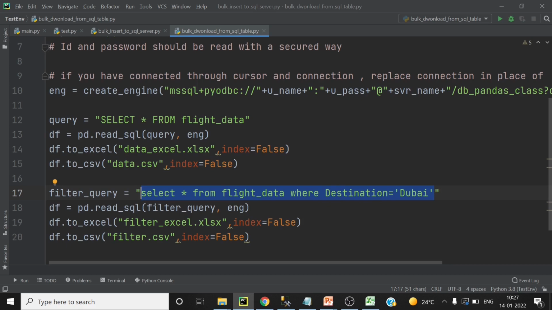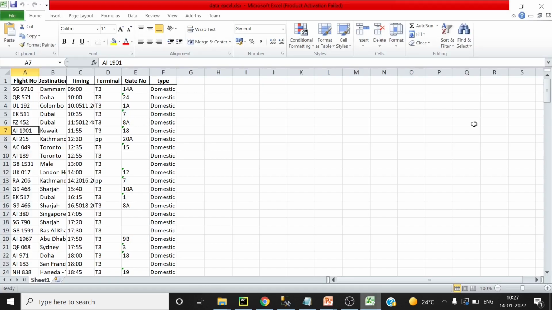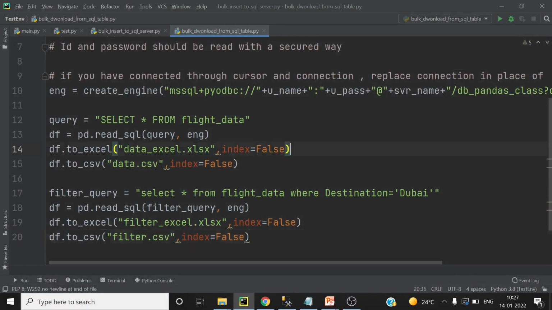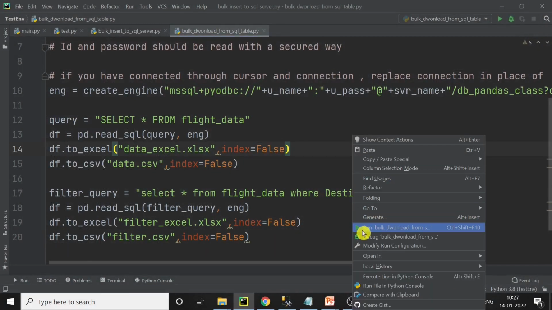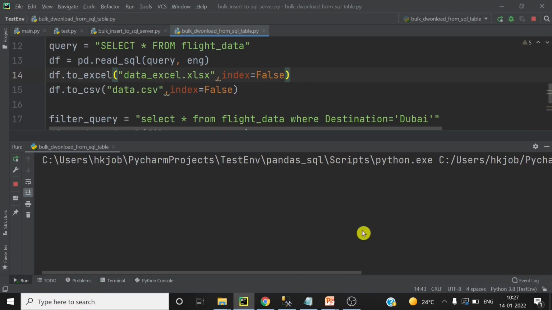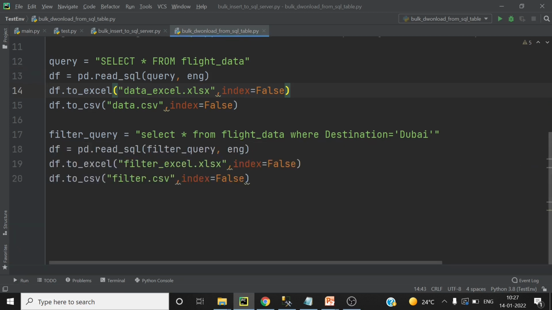The same query I am using here, and now I will run this code once again. Before that, I have to close this file. So the file names should be filtered CSV and filtered Excel.